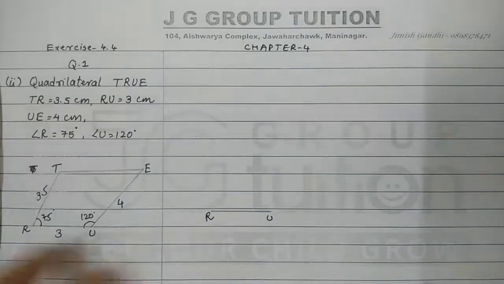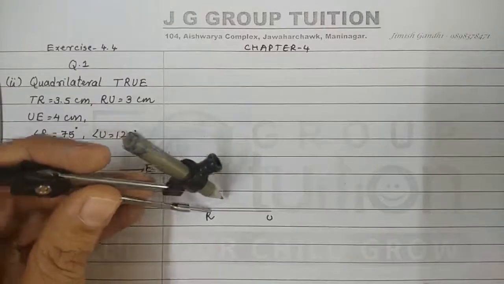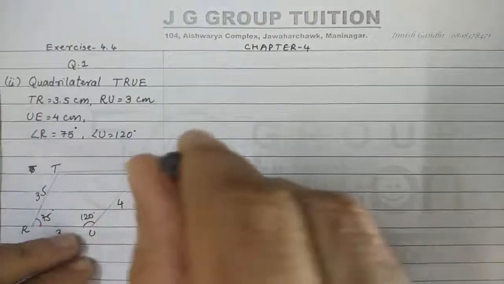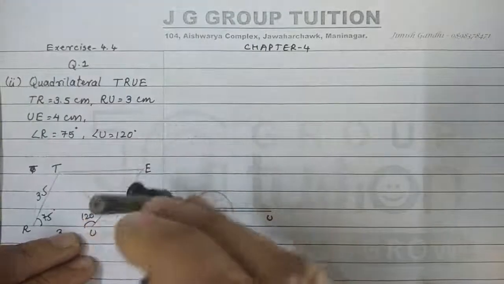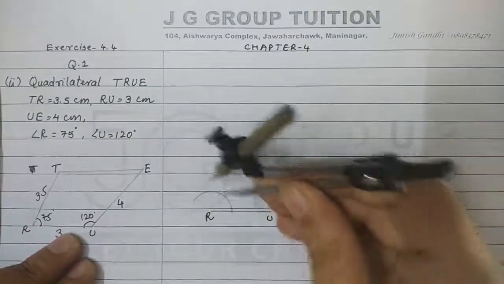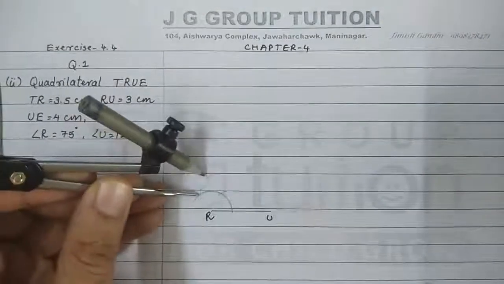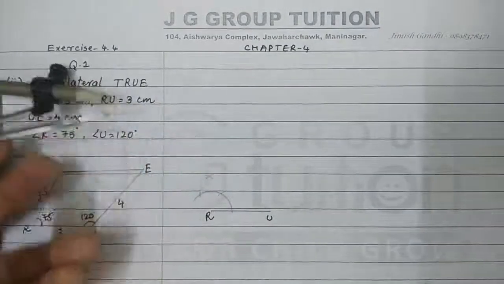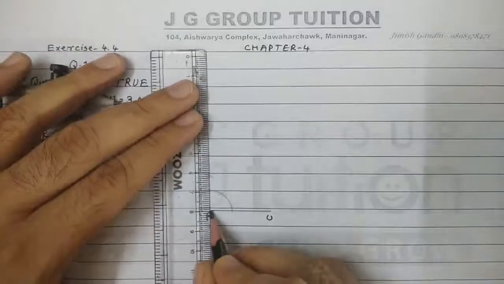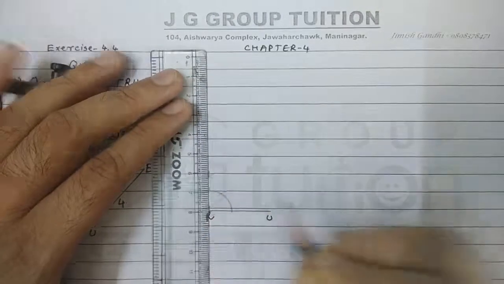Now at point R we require 75 degree. The first time we are doing 75 degree with the help of the rounder. So let us see how we should do it. Let's take any arbitrary radius, as we have discussed earlier, and draw an arc. Then from 0 we should construct 60, and from 60 we should construct 120. Now we should go for 90 degree. We have to construct 75, so for 75 we have to construct 90, and 90 should be a dotted line.